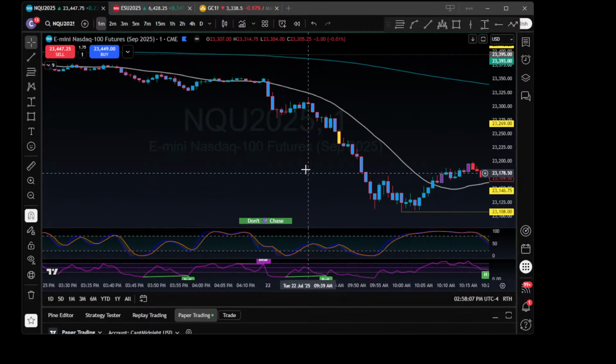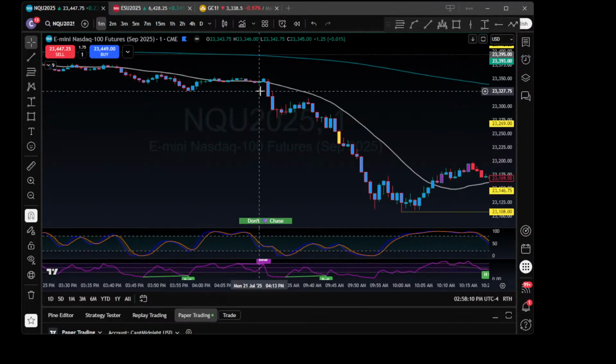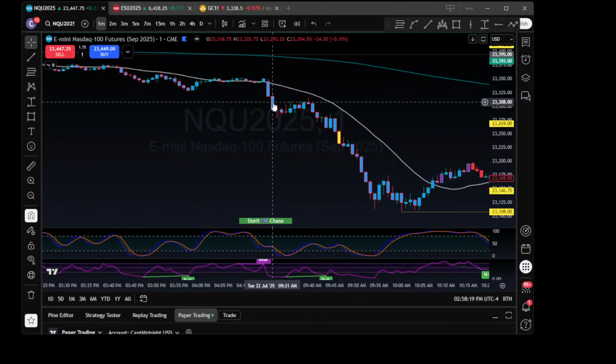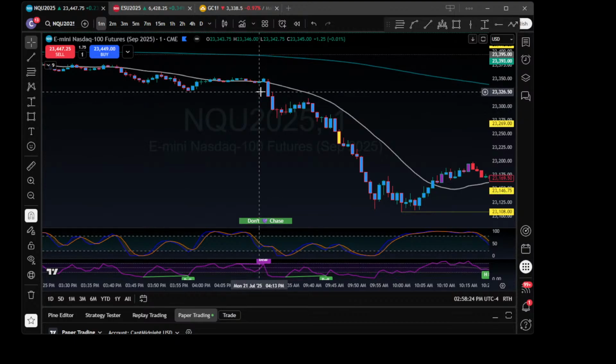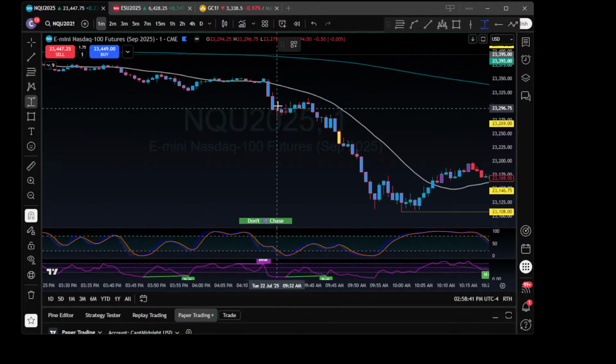22nd. Wait, what do we got? I remember this one because I tried to get in it and it did not touch me. We got this. I have to tell myself this is going to be breakaway. Get in on this fair value gap, right? If you get in on this fair value gap like I should have, I put my order in here at this fair value gap and my stop is here, because I've been trying to avoid the risk of taking this one and putting my stop all the way up here, right?